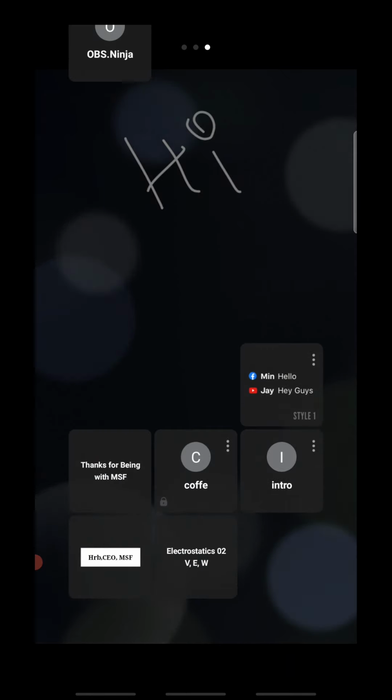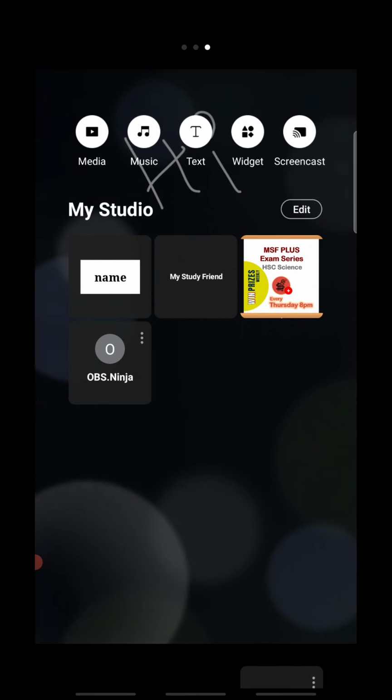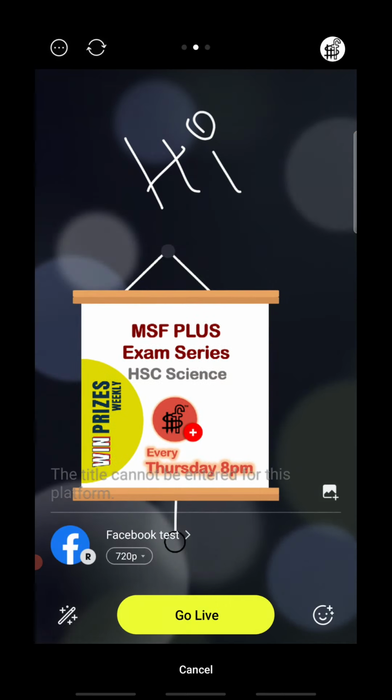You can see here are many overlays I previously created. So that's all. From media you can also import images like this. See, during live session I can use this overlay option and I can show my audience these types of images or pictures. Or you can also share slide pictures or photos during the live session. That means without having a computer, you can live stream with your professional level slides.